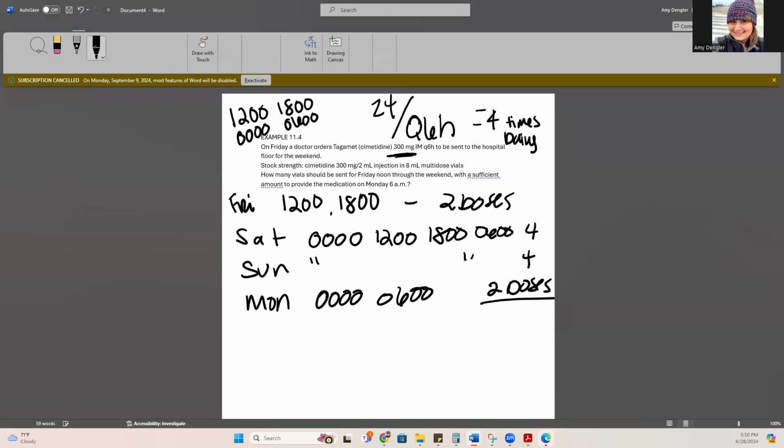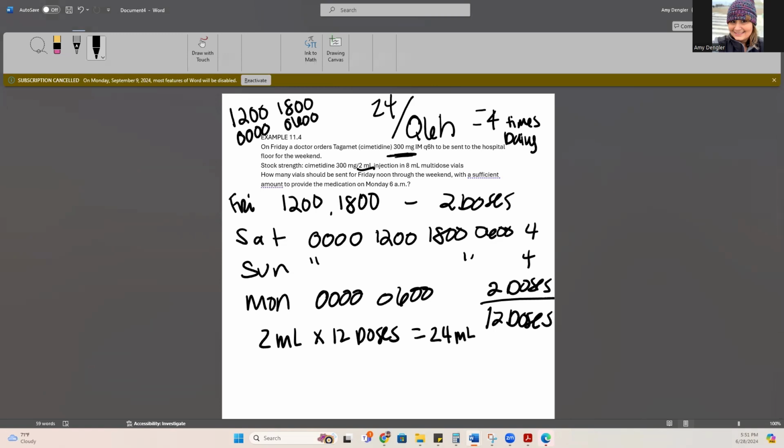We add that all up: 2 plus 4 is 6, plus another 2 plus 4. So we need to give 12 doses. Now, the medication is dosed at 300 milligrams per 2 ml in the bottle, and we need to give 300 milligrams. So that means that we need to provide 2 ml for each one of those doses to have enough. So that's 2 ml for 12 doses, 2 times 12 is 24. That means that I need 24 ml,